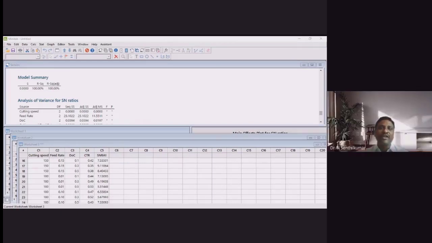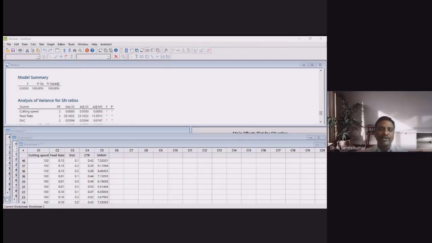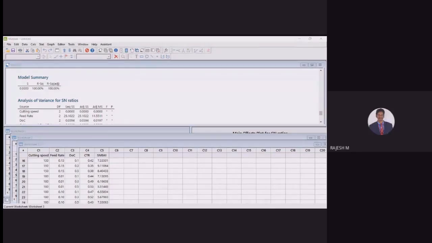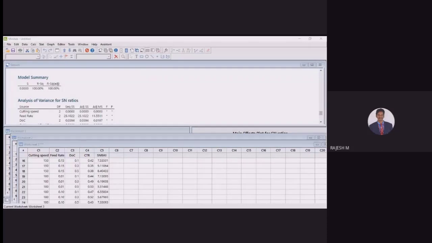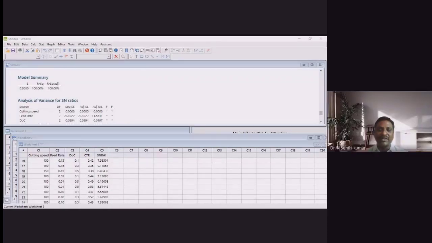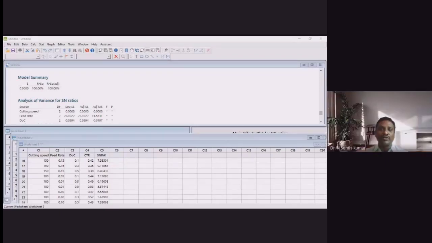No, sir. We have to normalize only. The normalizing sequence, we should have a deviation sequence, 1 minus. That you are using now? Yes, sir. Then the hybrid is not suitable for your work. Then limit to just GRA or just SN ratio. Don't go with the hybrid. That's why I am telling. The best value is what is going to suit. Different techniques will not suit the same problem.